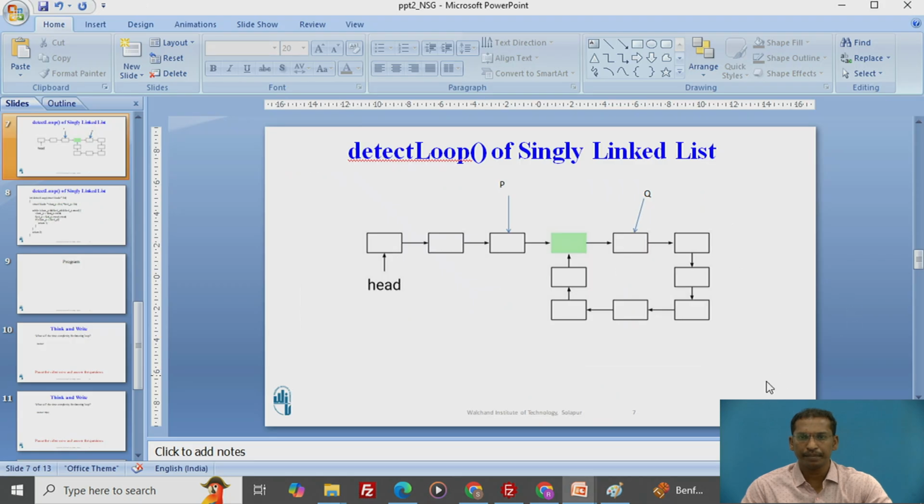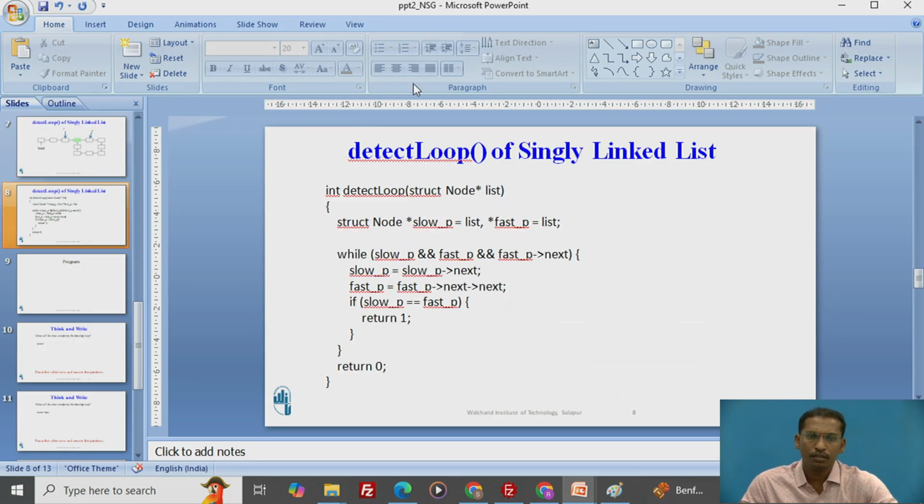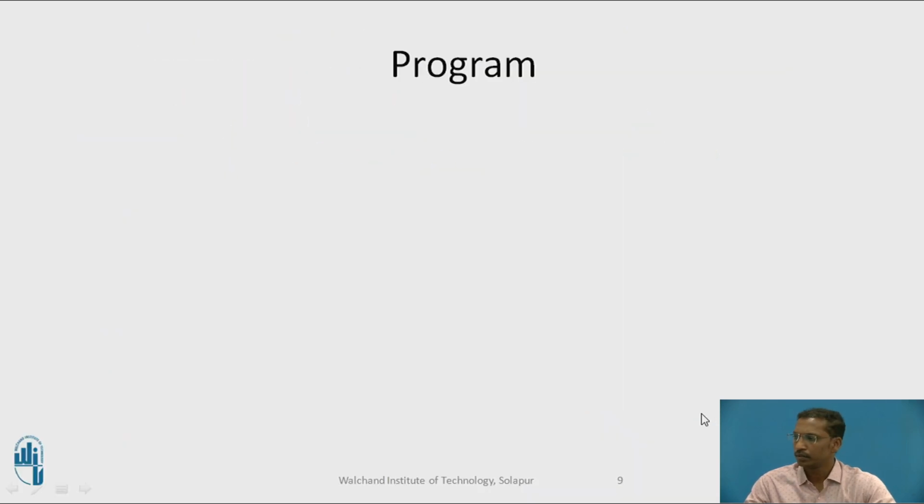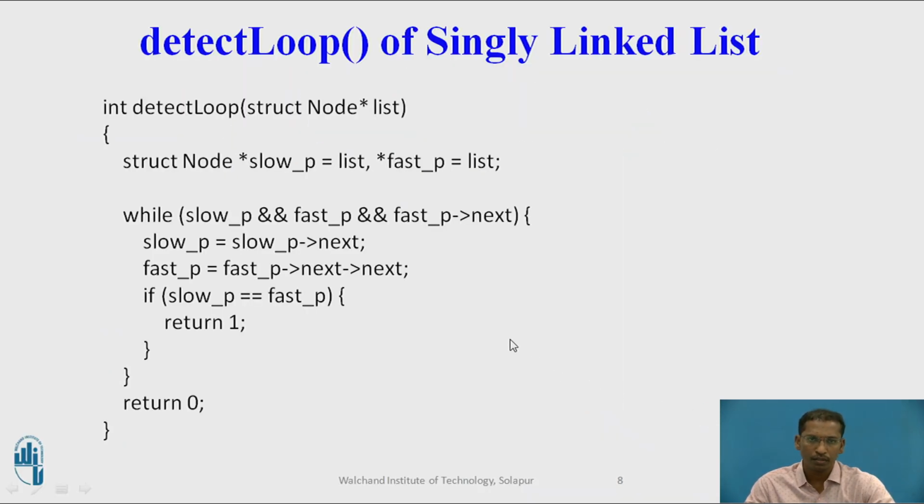Again we come back to the PPT. Now this is a code. This is a code for detecting the loop. Again, this is a recursive call. This is a function detect loop. What we are passing? Struct node star list, means we are passing start or head or address of first node